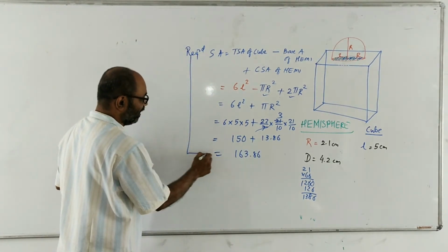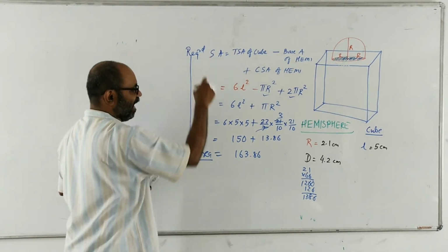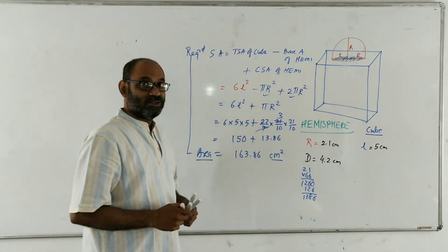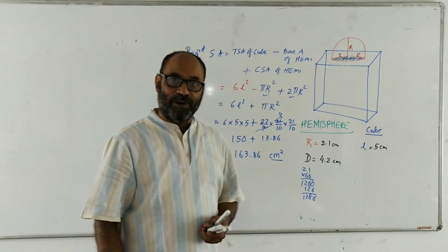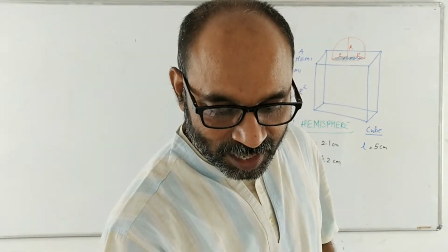What is this? Area. I'm going to put only one word. Area. And it has to be centimeter square. Centimeter square. So area is 163.86 centimeter square. Clear, children? Okay. Children,